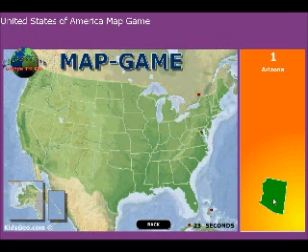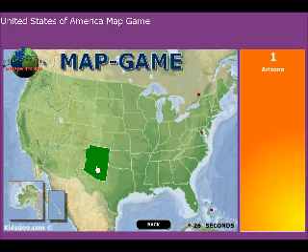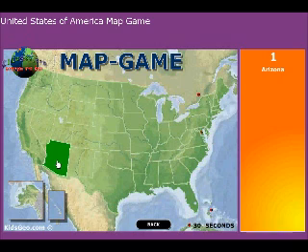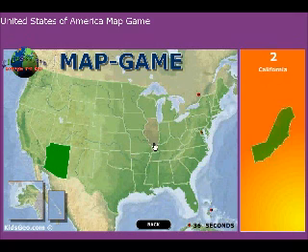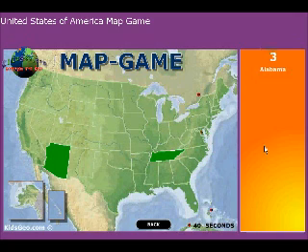So as I move over to the right and left click the state shape, as we look at the map itself, if we put the state shape that corresponds with its location, the student will be able to identify the state shape and its location. So Arizona will go there, Tennessee will go here, New York is here, Virginia's just below us,